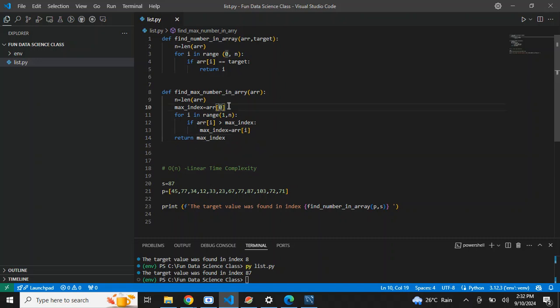So now let's work it out. The max index takes the value in the first index here, which is array of 0, which is 45. 45 is in index 0. Now for i in range of 1, which means I'm not starting from 0. I is starting here, which is index 1, down to the last. Now if array of i, which is 77, is greater than this,